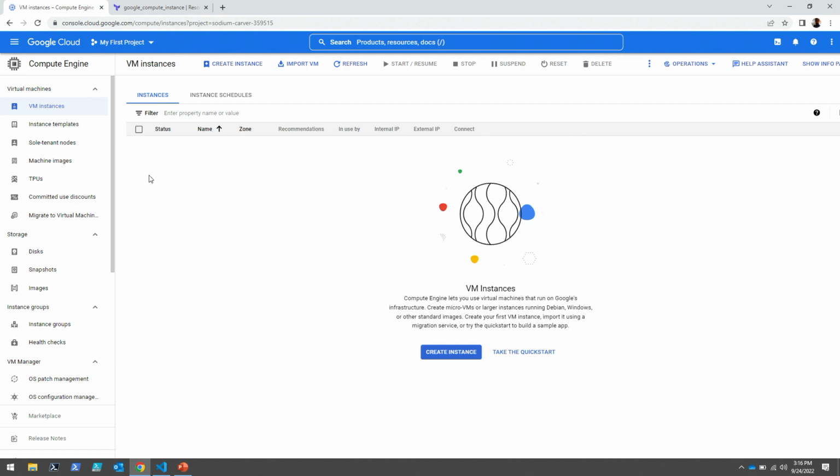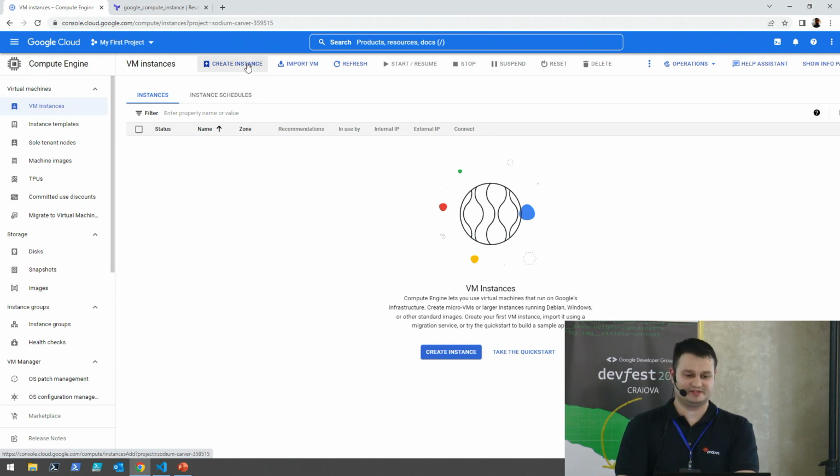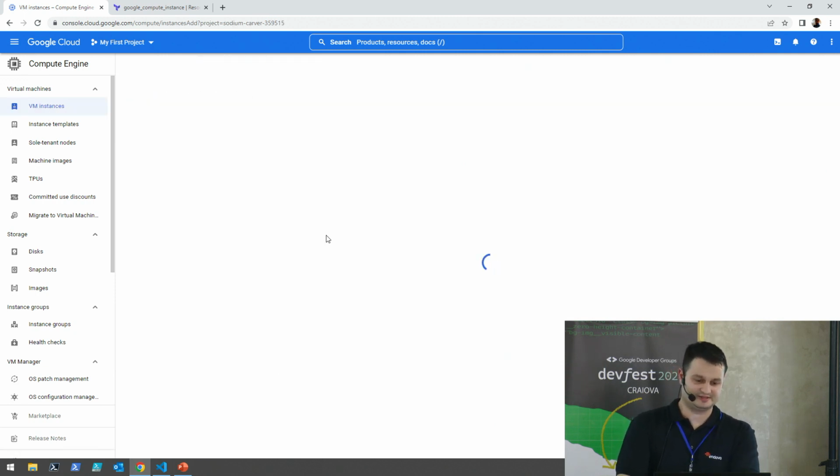Okay, back to the subject at hand. So, let's say one day a colleague of ours comes and asks us for a new virtual machine. Nothing easier than this. We navigate to our favorite cloud provider's console. We go to the Compute Engine part, VM instances, and hit create an instance.